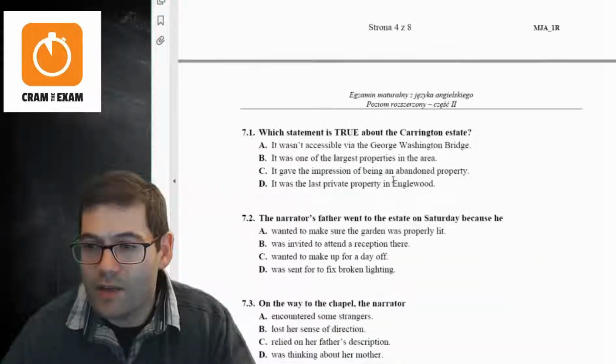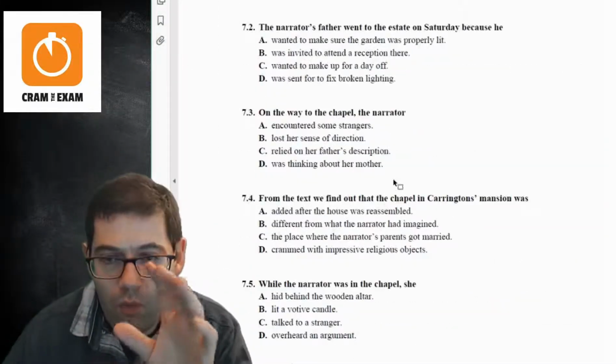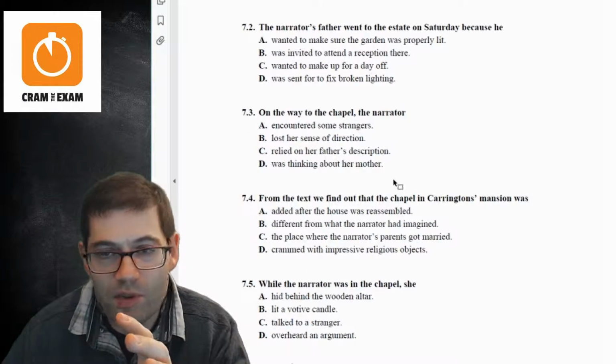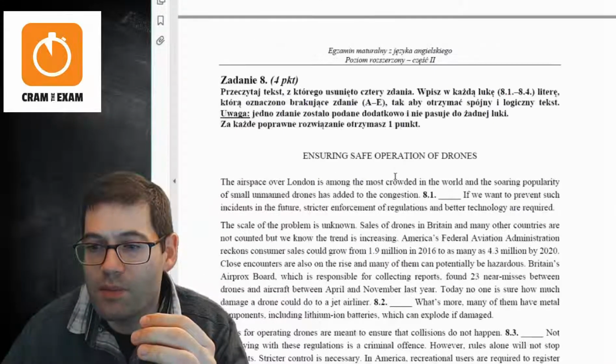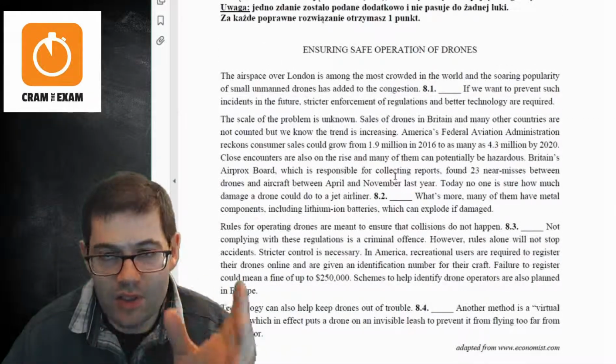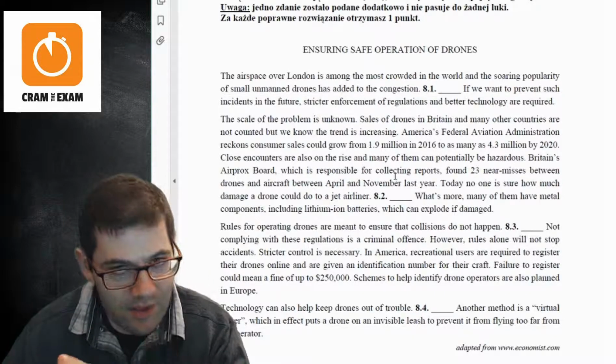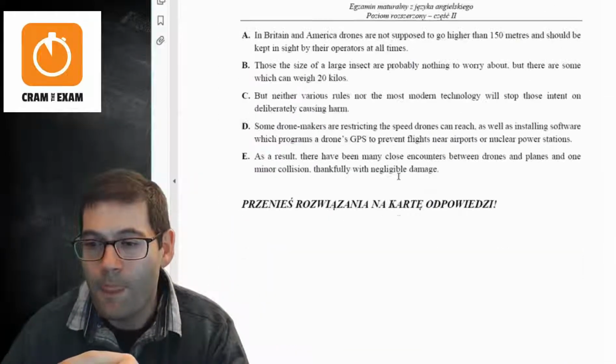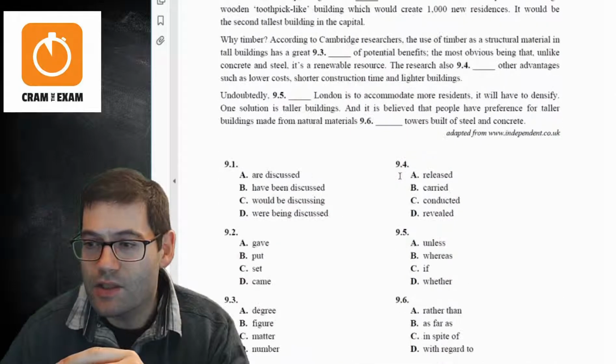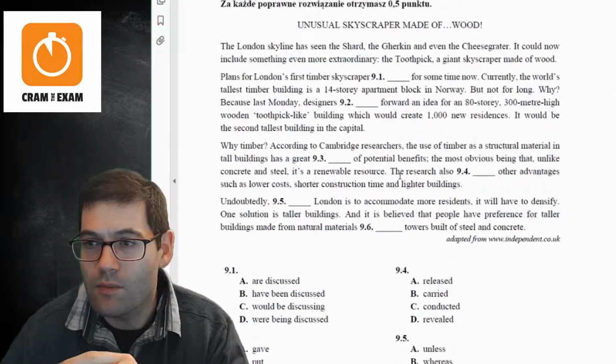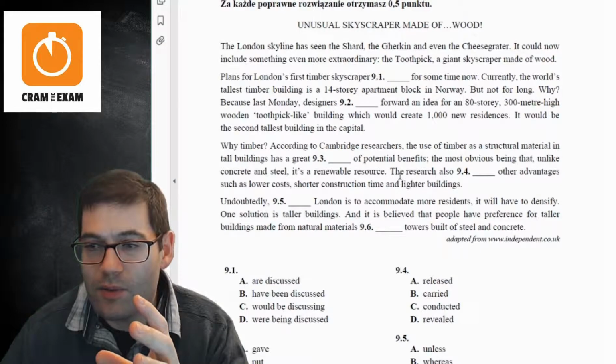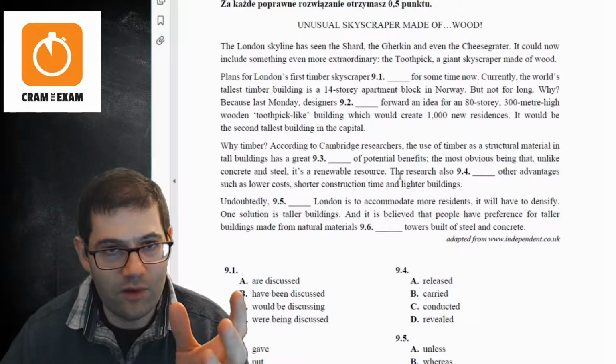Then on to the reading questions. You've got one multiple choice question, just as you have in the Cambridge papers. You've got your gap fills, just as you have in the Cambridge paper, just like the FCE format. And then the last question, I think, is a use of English type question, where you've got a multiple choice